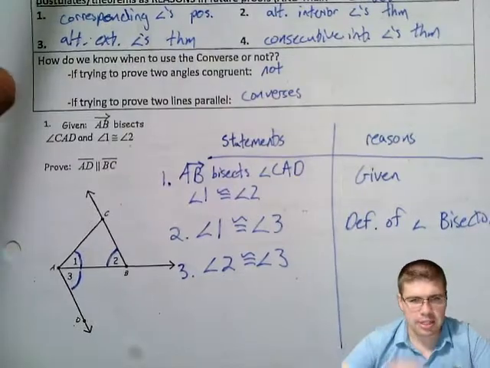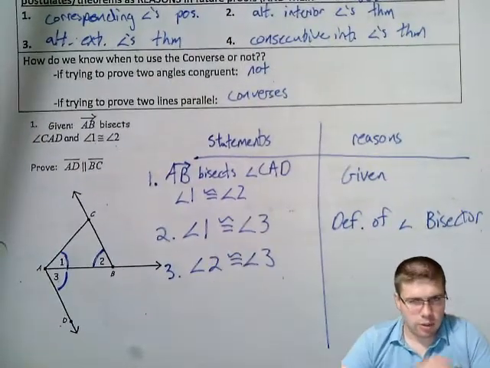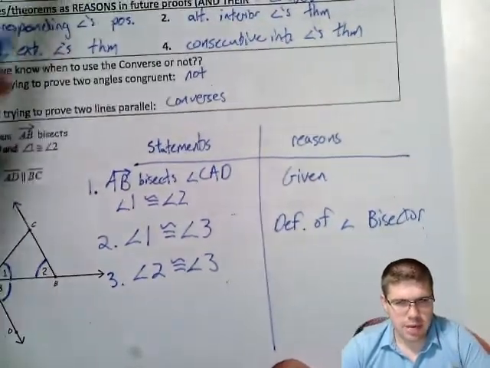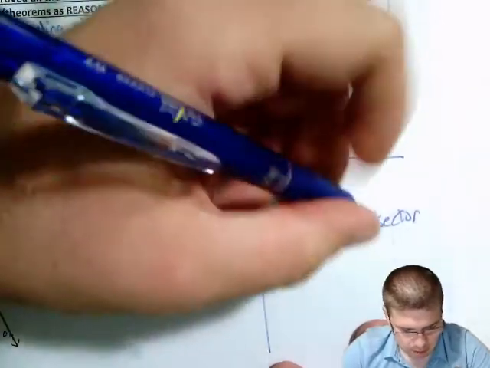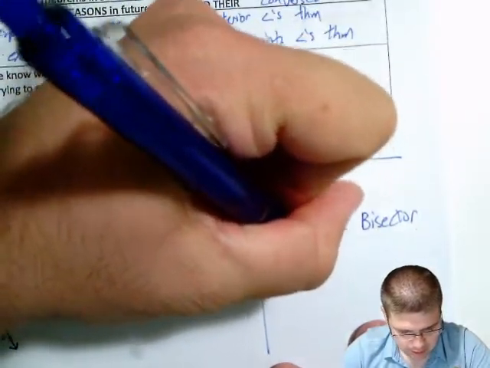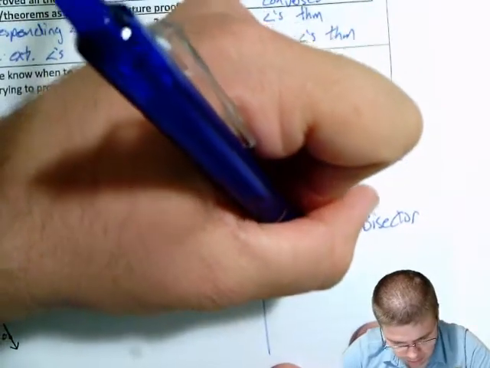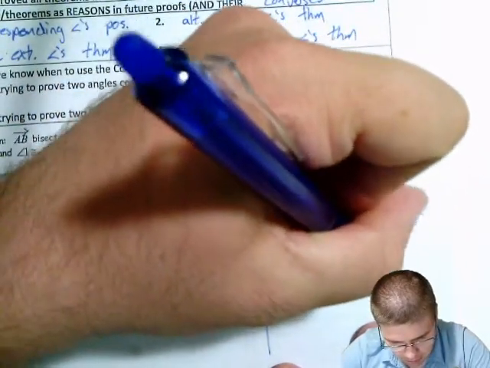I've got it marked here. And this is kind of a new one. I'm going to throw this one at you, and you'll be using this some. This is from the transitive property of congruence. It's kind of like substitution. Transitive property